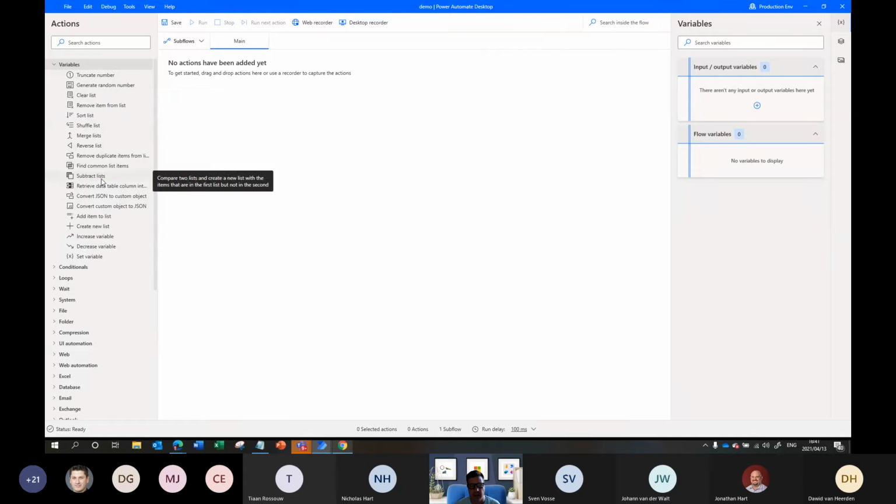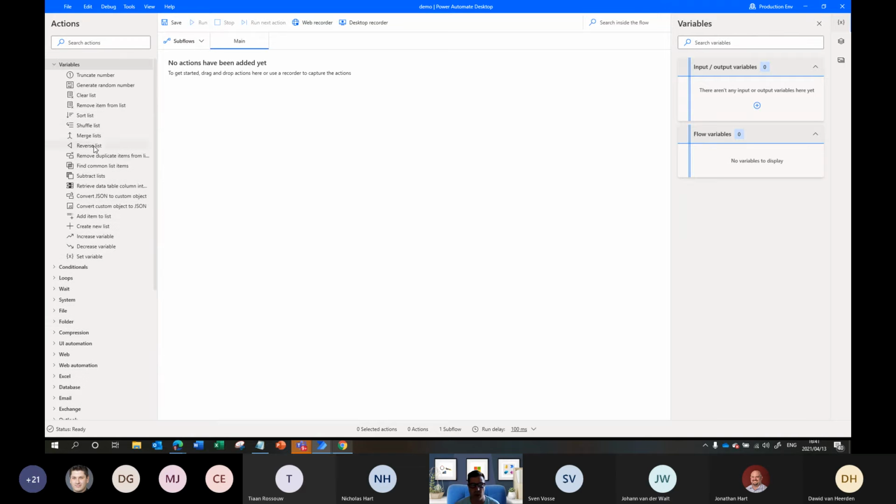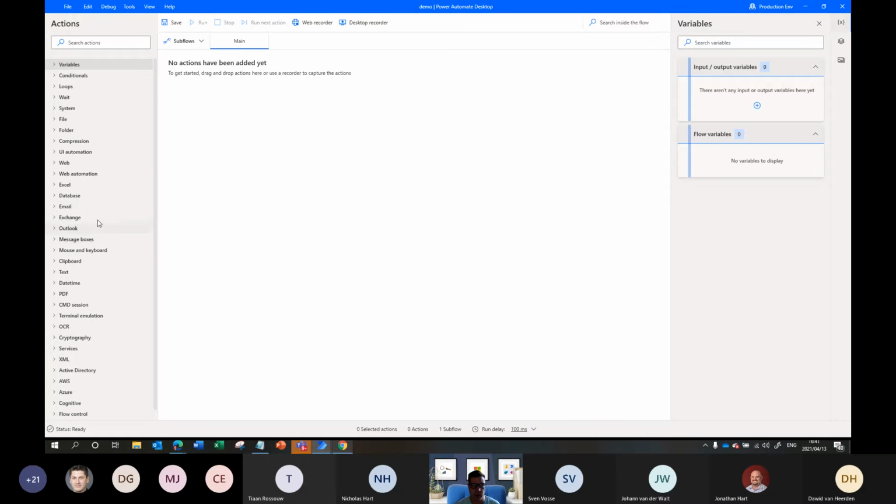It's almost becoming like a development tool, but you don't have to write code. Literally, you can convert stuff to JSON, from JSON to other things, merge lists, increment variables, loops, if statements, and you don't write code. It's all drag and drop and configuration, whether you're doing it manually or with a recorder. From here, you can even call PowerShell scripts or Python scripts, VB scripts, etc. It's got datetime functions, text functions, getting stuff from the clipboard. These are all the actions that you get here.